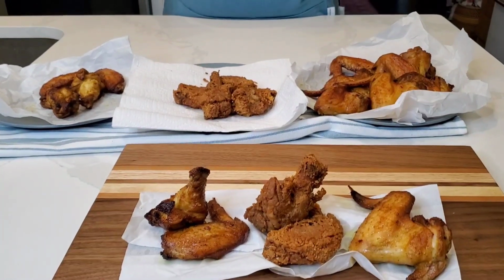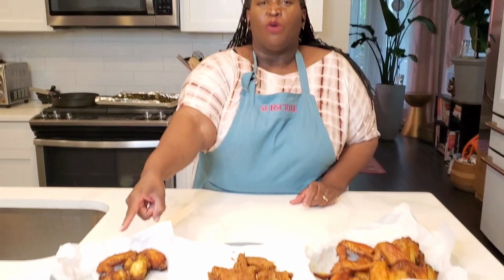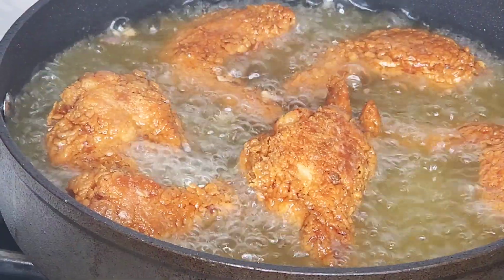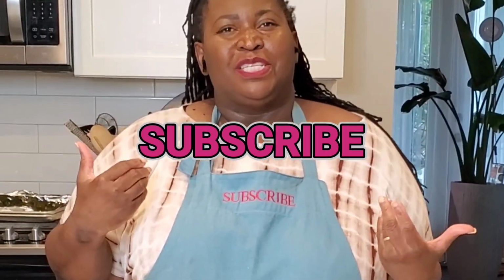Sweeties, I have a fantastic recipe for you today. My favorite chicken wing recipe, curry soy wings. And I'm going to show you how to do it 3 different ways. We're going to do it in the air fryer. We're going to do it on the regular stovetop fried in oil, and then we're going to do it in the oven. Let me show you how, but first,